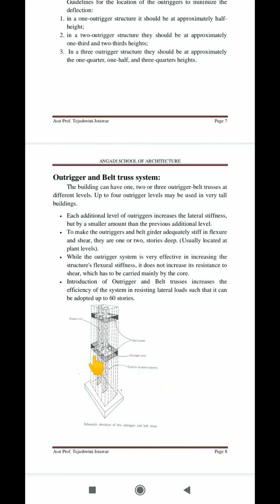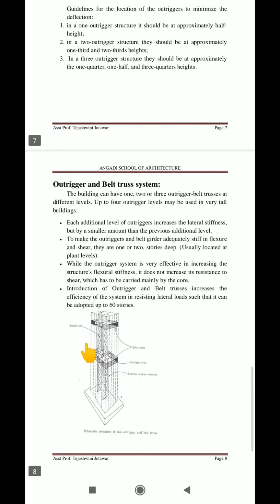Now apart from these outrigger systems, what I can also do is combine all the columns, or connect all the perimeter columns, by providing a common belt truss, which we call a belt truss system. So this belt truss system connects all perimeter columns together and helps to hold all the columns together so that the deflections are not exceeding.